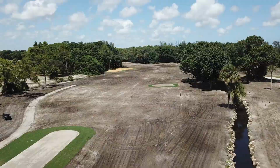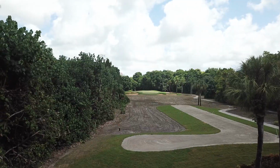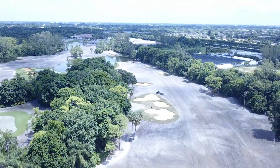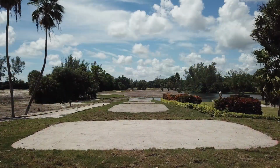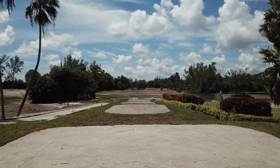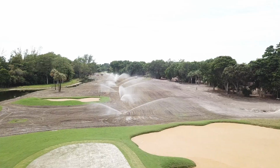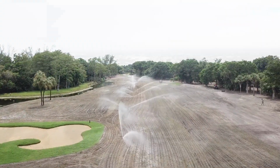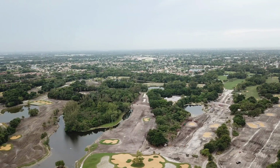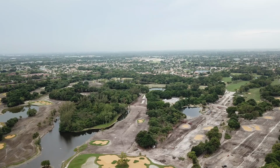Holes number 5, 6, 4, 3, 2, and 1 have been planted in the last week, and we are watering moderately and frequently through the day to help the sprigs develop new Bermuda grass plants. Number 18 fairway and rough will be planted by the end of today, Saturday. Holes number 9, 10, and the practice range will be planted by midweek next week, completing the planting process on